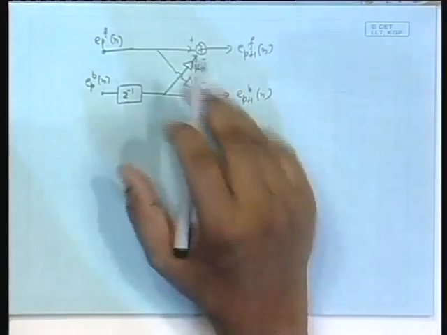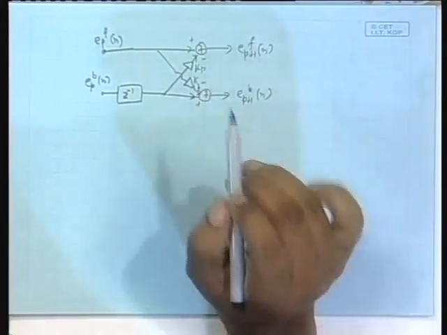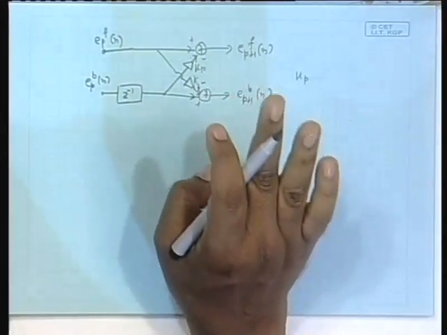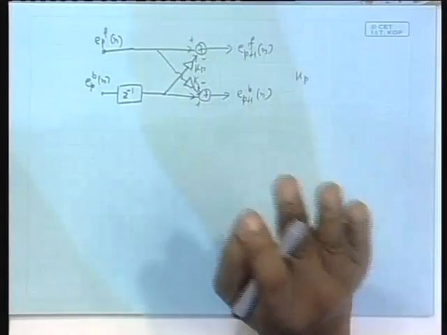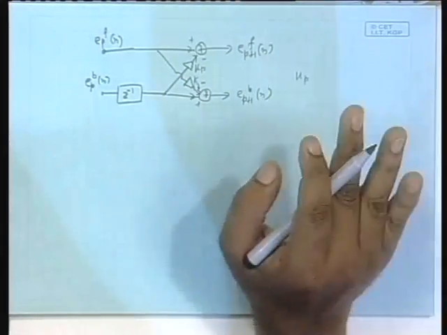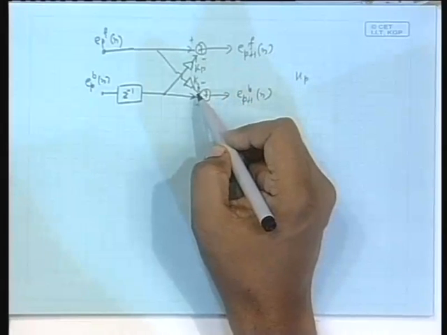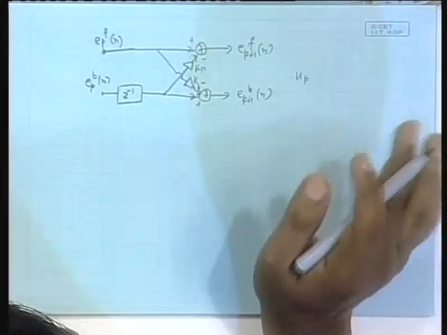This is the thing we are familiar with, but to construct this lattice you must know only one thing, that is Kp, and I am assuming Kp to be real. For the time being, as far as this gradient adaptive lattice is concerned, let us consider only the real valued random sequence, and therefore all the variances and correlations are real. That is why Kp, originally it should be Kp and Kp star, but I have made it Kp and Kp, no conjugate, because we are considering only the real case.